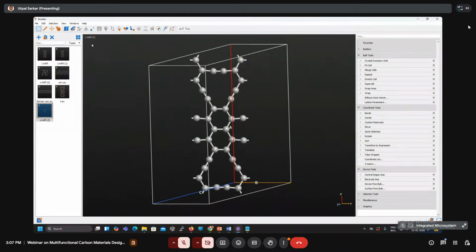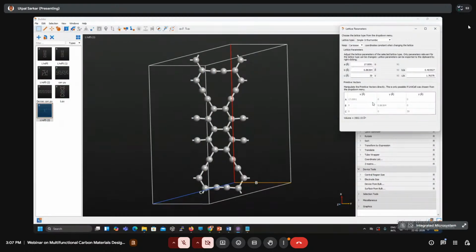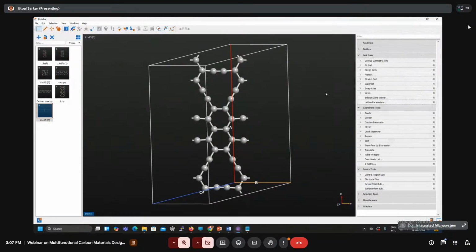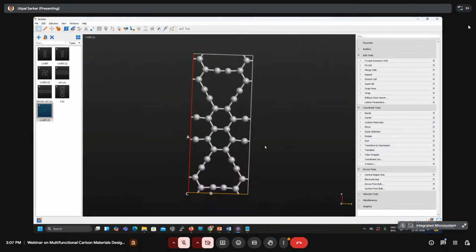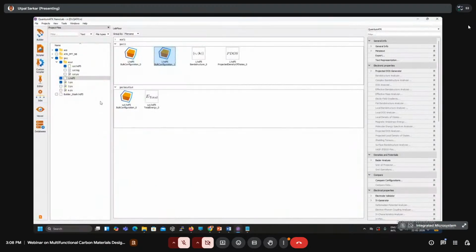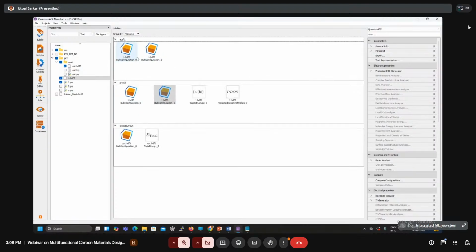Here you can see that the lattice parameters have been changed. After the optimization, the important part is to see the lattice parameters which have been changed. Now we have successfully done how the convergence criteria can be done for the unit cell and optimization. Now I will proceed to the second geometry which has been reported in the ACS journal, the pentagraphene.